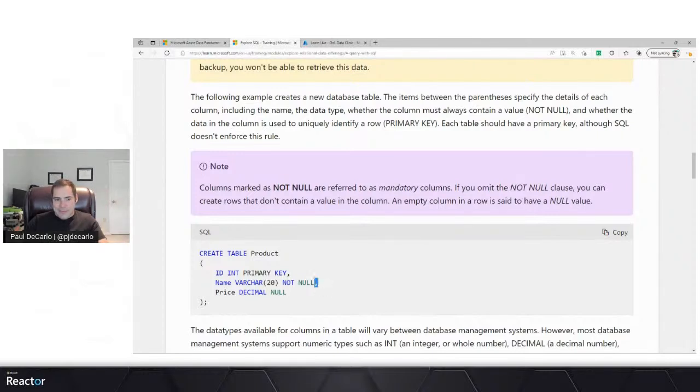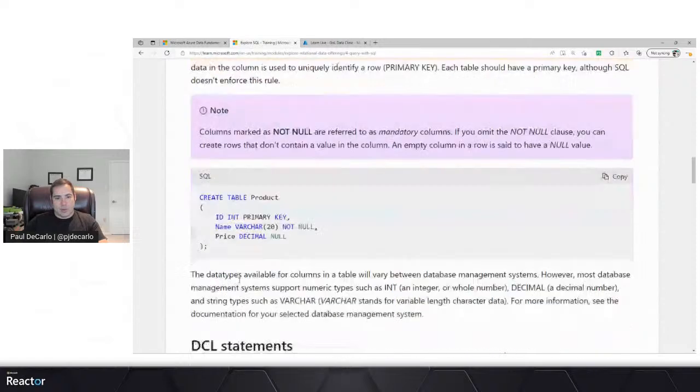Then we're allowing a name field for this product table of variable length that is not null. It starts off with a character length of 20, but could be variable, meaning that it could be less than or exceed that. It is not null, meaning this name field has to be supplied. Otherwise, if you're inserting a row, it won't accept it, because it has to be not null. And a price that is nullable. So you'll see the way that we're specifying how we want our table to operate or appear, what's going to make up that structure or schema, is defined here in this specific query.